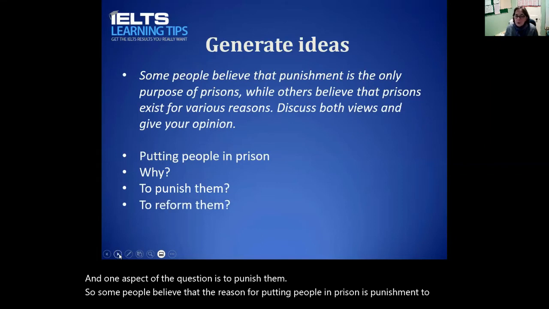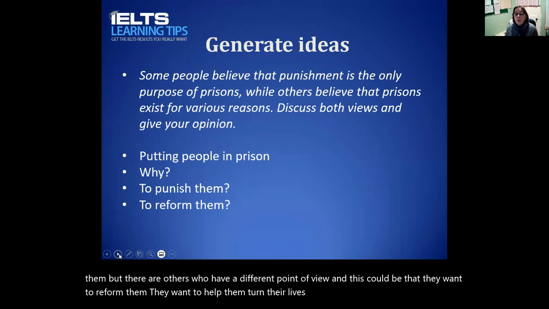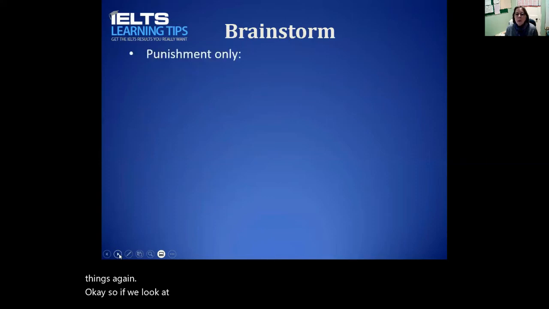But there are others who have a different point of view. And this could be that they want to reform them. They want to help them turn their lives around and not do these bad things again. Okay, so if we look at both aspects of that, so let's say the one side that wants punishment only,